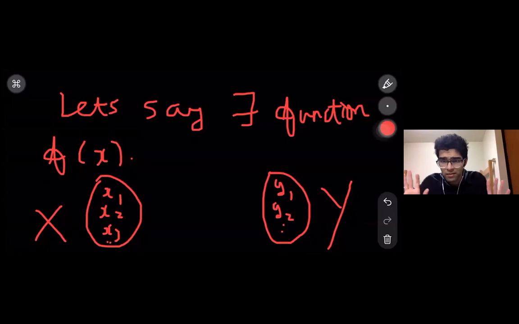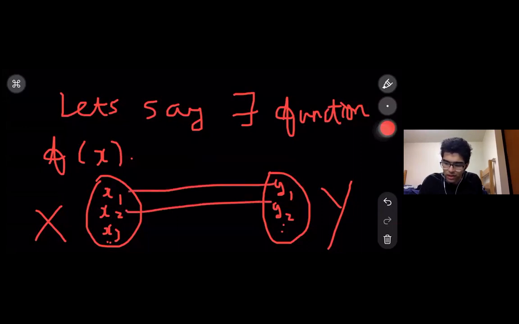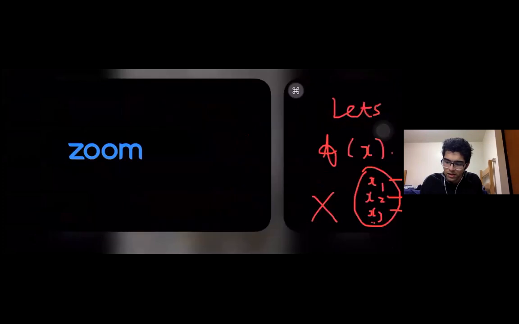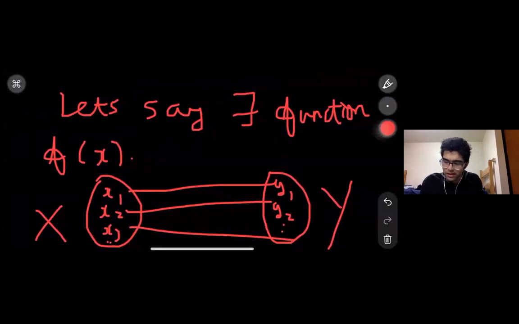So here we are not looking at numbers. We are looking at an imaginary function that exists, and we're trying to define a one-to-one function. So we have a set X, we have a set Y, there's a function. Now, what does a one-to-one function imply? We have to have all these numbers in the big X mapped to some number in the big Y. Let us say that x1 is mapped to y1. Let's say x2 is mapped to y2. Let's say x3 is mapped to something here. Let's say they're mapped somewhere randomly. We don't know what is mapped where, but we know that there is some mapping.